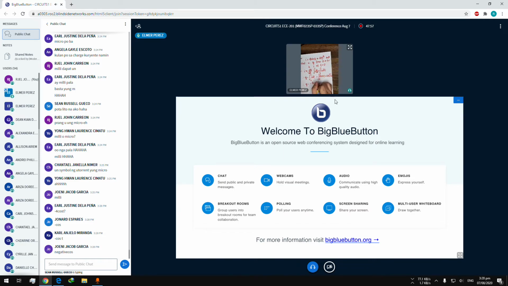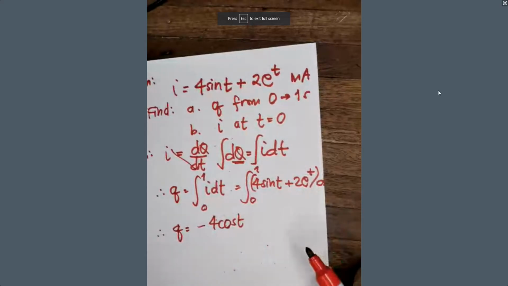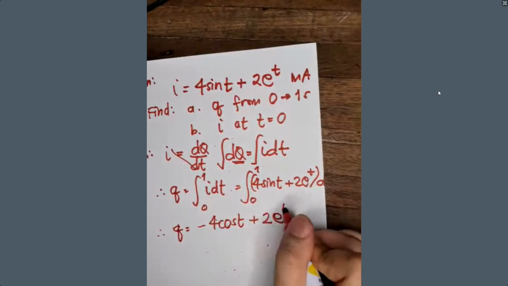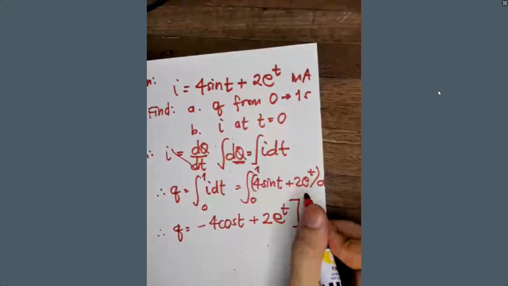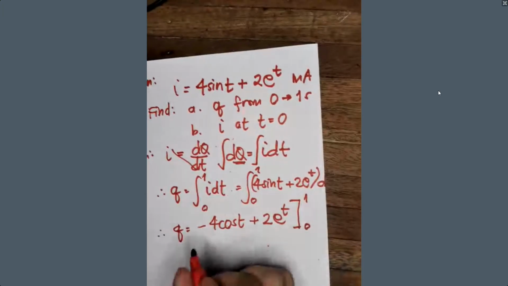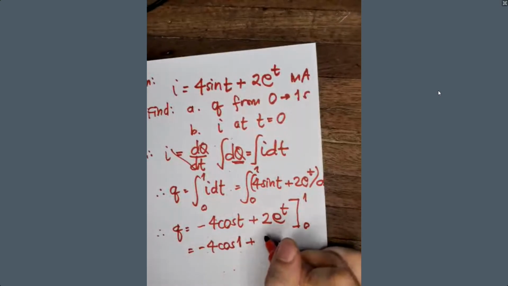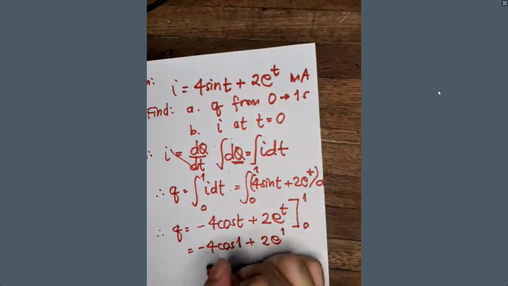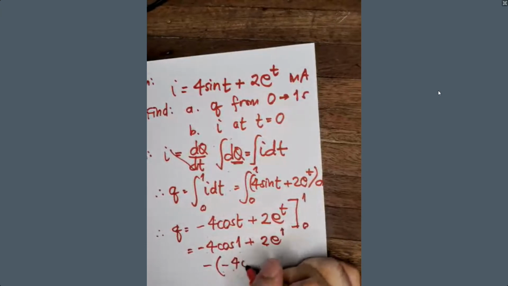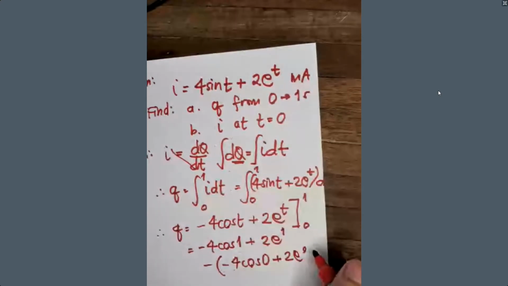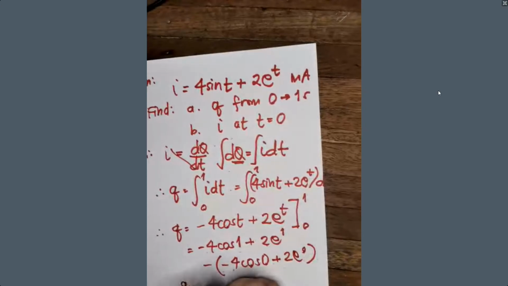Negative for cosine t. And how about the integral of plus 2 e raised to t? It's still 2 e raised to t, from 0 to 1. Then we'll apply. So that's negative 4 cosine 1 plus 2e raised to 1 minus the quantity negative 4 cosine 0 plus 2e raised to 0. Okay, so that's equal to,